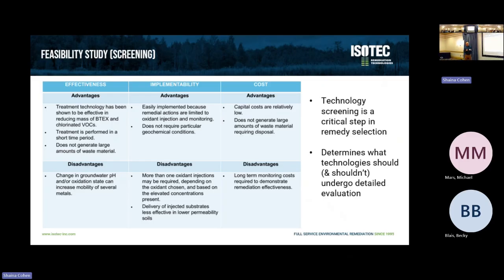And it's always better to go through this technology screening process than have your client, your regulator, the program manager ask, as you get further down the line, well, did you consider X? And you want to say, yes, we did, and we screened it out because of this, this, and this, as opposed to going,